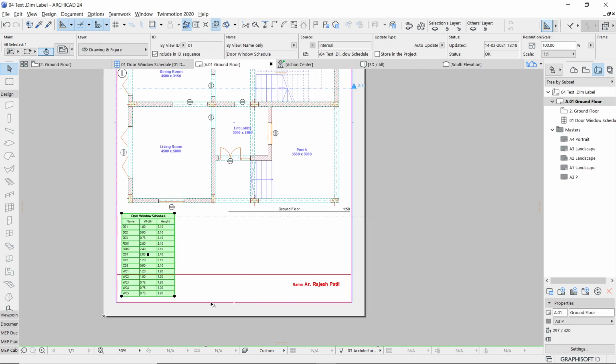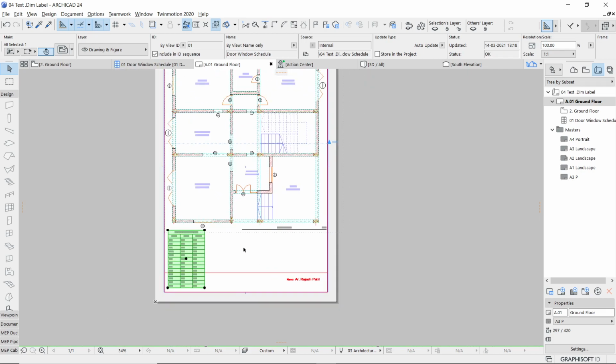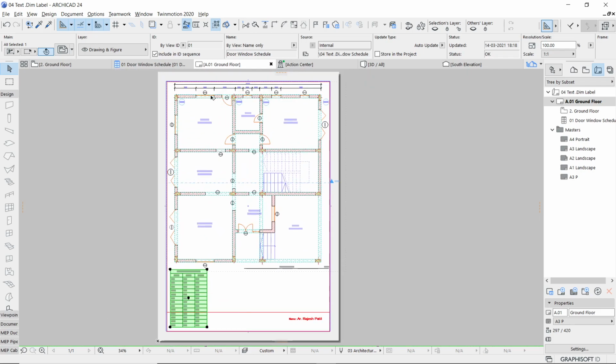Now what is the problem? The problem is about this line which is there and about this. Okay, let's do this. Now remember that whenever you use any master editing, it's global because I can reuse the master a number of times for different layouts, that is sheets, which I am going to take for printing. So what I have to do is find out which master I was using for this. You can check because I have selected my ground floor sheet and it is written at the bottom that the master which is selected is A3P, that is portrait A3 size.